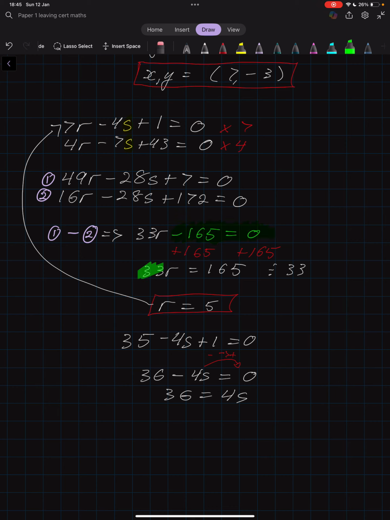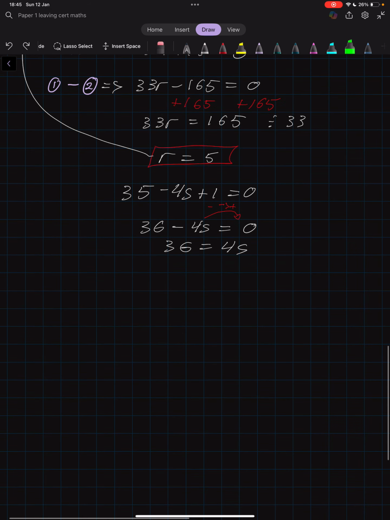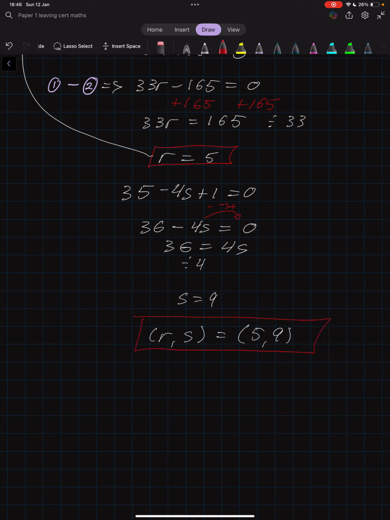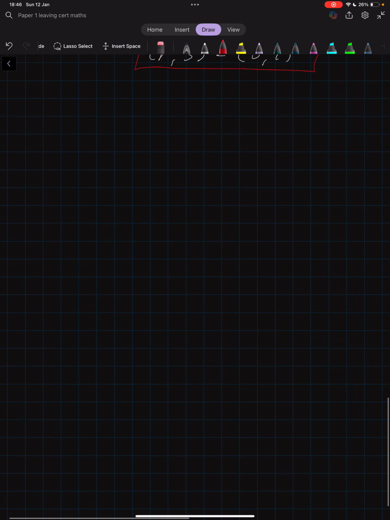So I get this, and I'm going to divide both sides by 4 now. And I get that s equals 9. And therefore, r, s is going to equal 5, 9. And that's your final answer for that. Now, that was again covered in junior cert, so hopefully that's okay. Now I'm going to move on to